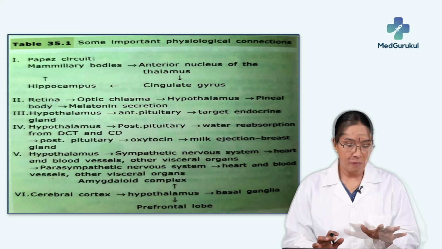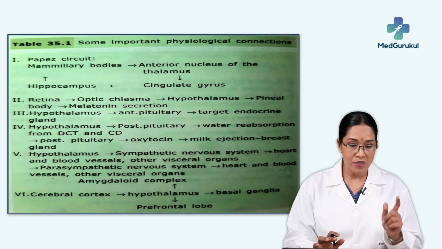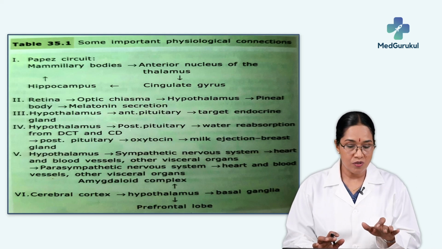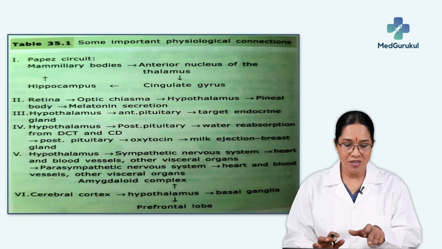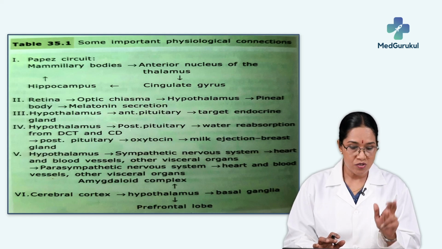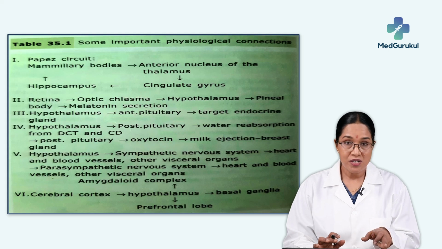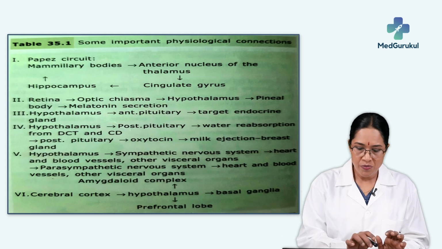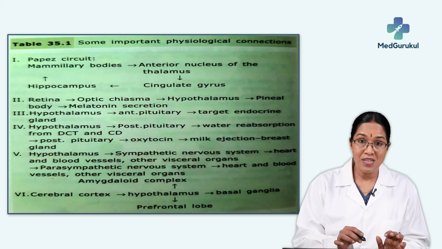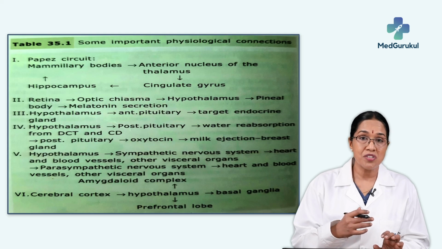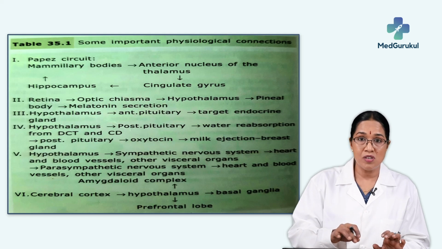For example, Papez circuit. What Papez circuit is, we have actually done with the limbic system. So, Papez circuit is where the mammillary bodies are connected to the anterior nucleus of the thalamus, the cingulate gyrus to hippocampus. From retina, fibers going to optic chiasma, hypothalamus, pineal body, melatonin secretion. So, what all this means is, these are some of the very important connections where the hypothalamus is involved,